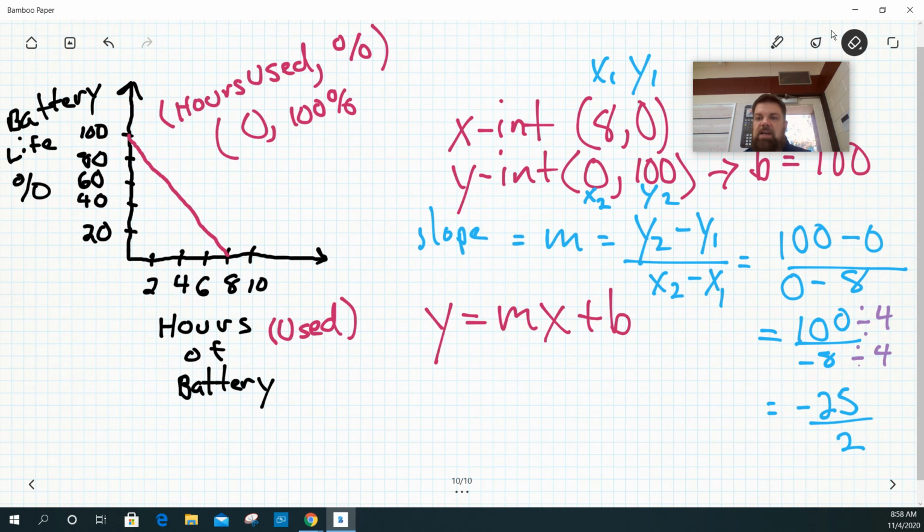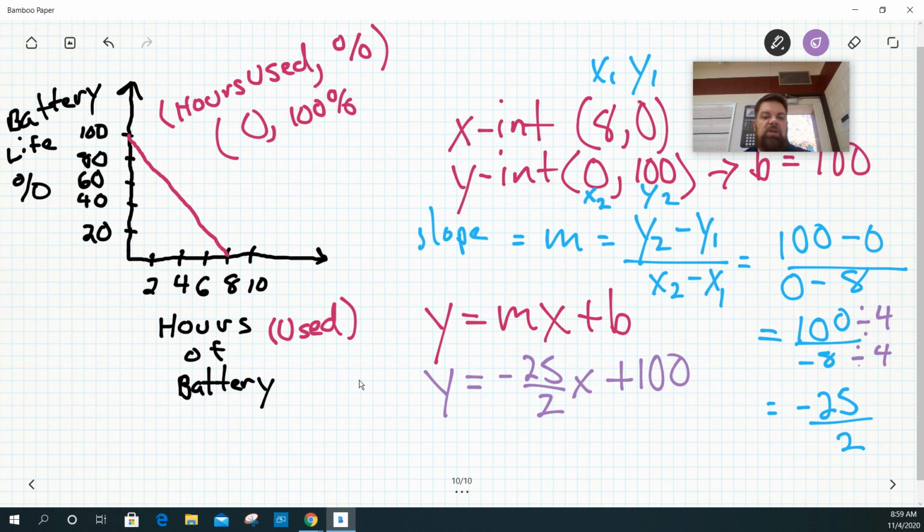So what that tells me is that my equation of the line is y equals negative 25 over 2 times x plus 100. So that's the slope-intercept form. If I want the standard form, I just put x and y on the same side. So I could do that by multiplying the whole equation by 2, right? And that will give me 2y plus, or I'm sorry, equals,